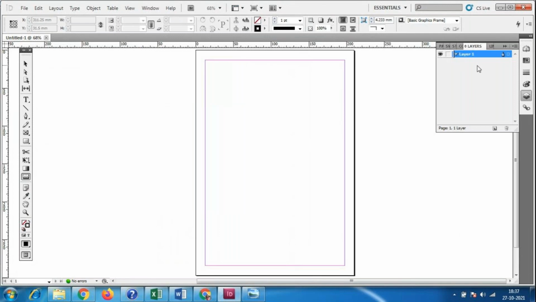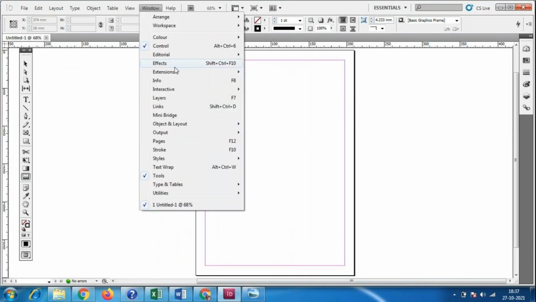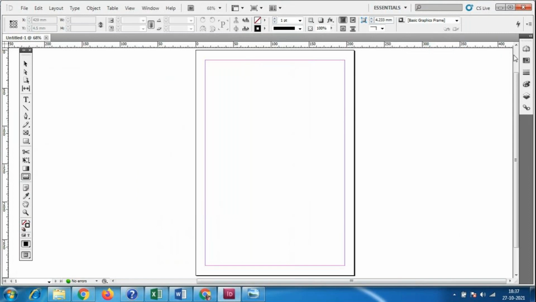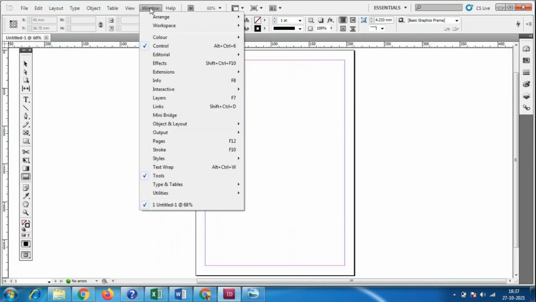We are not using layers like how we have in Photoshop, but you still have the layer options. And you have the pages option, strokes, styles, many options, and colors. We have the color option also, like this you will get the color option, and all these options you will get.